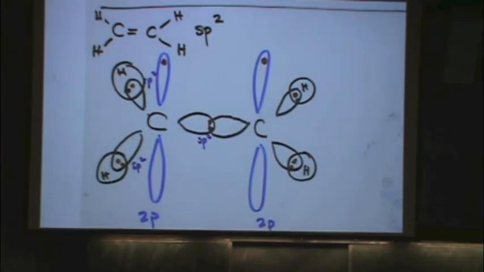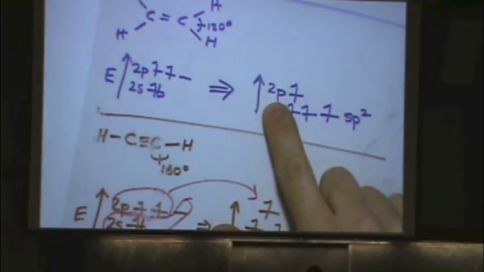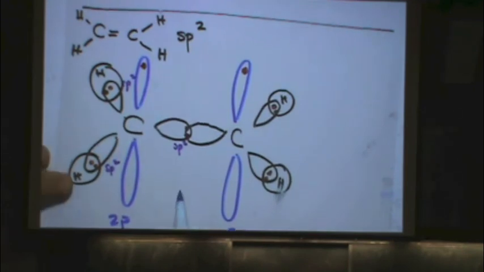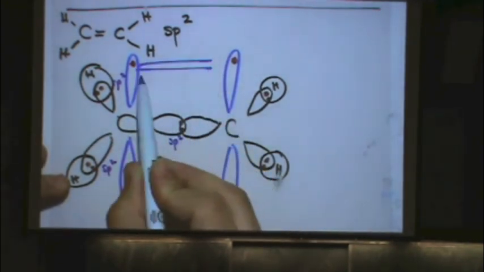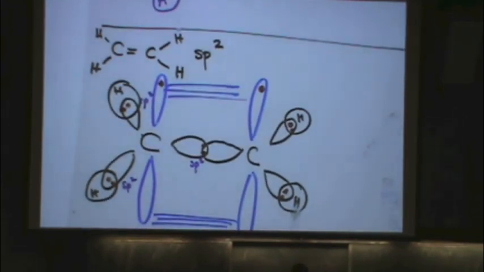Why is there 2 of the 2p's? Because there's 2 carbons, and each carbon has one 2p. Okay, these would actually overlap, and I'll draw 3 lines just to show that they're overlapping, they're touching. These are not a triple bond, it just means they're touching. Okay. All right, now notice,